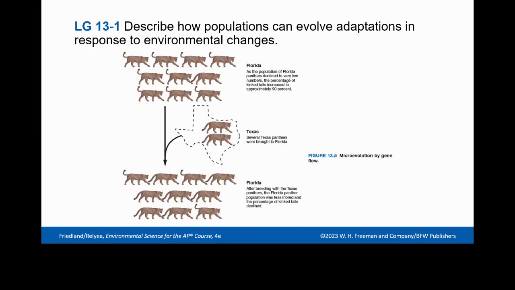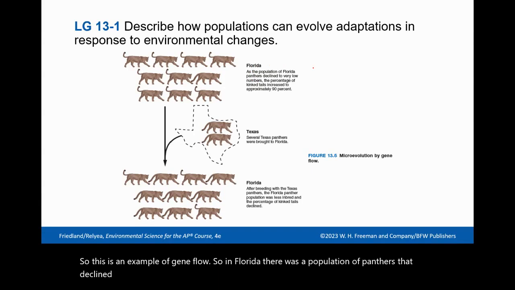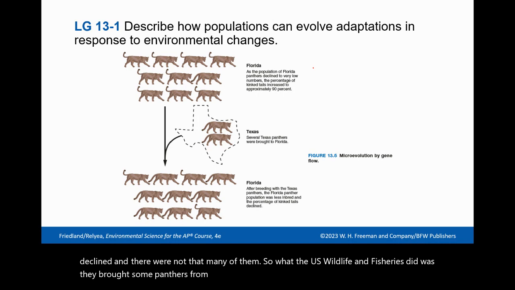This is an example of gene flow. In Florida, there was a population of panthers that declined, and there were not that many of them. So what the U.S. Wildlife and Fisheries did was they brought some panthers from Texas. They let them go in Florida, and now we are introducing new genetics into the situation because what was happening